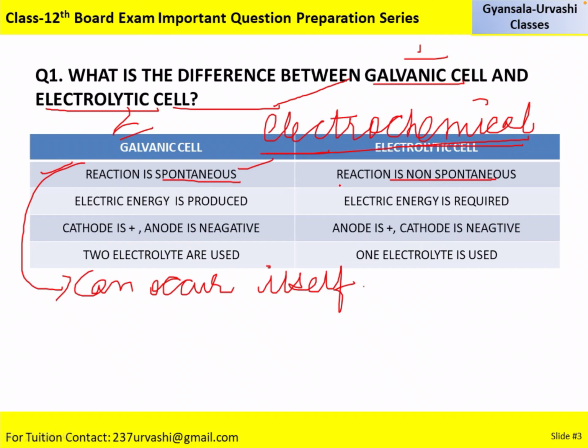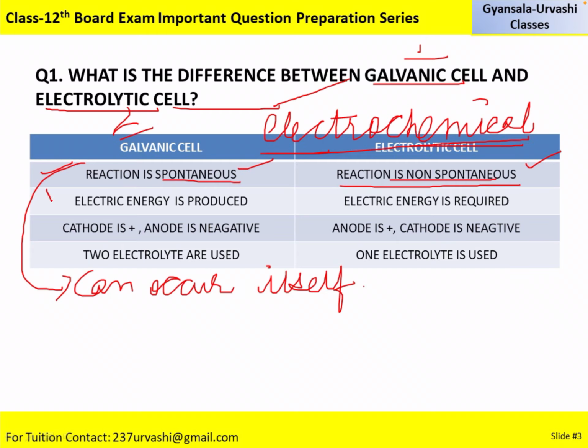On the other hand, when you start doing electrolytic reactions, the reactions which occur in an electrolytic cell, you need to provide a certain amount of energy to that substance. It could be in the form of light, heat, or any other initiation. So that does not occur by itself, you need to start the reaction or provide certain conditions so that the reaction can start occurring.